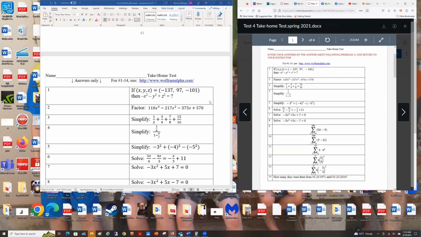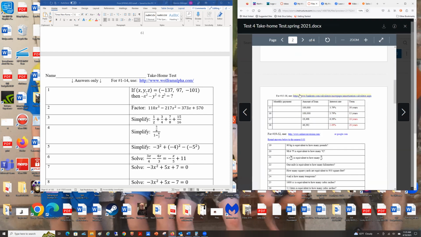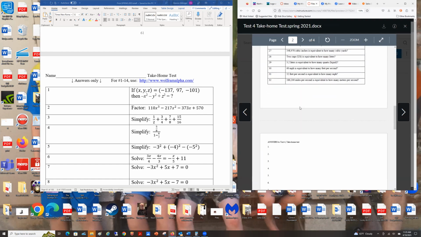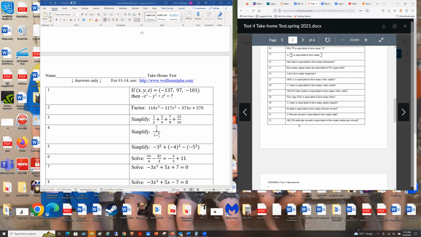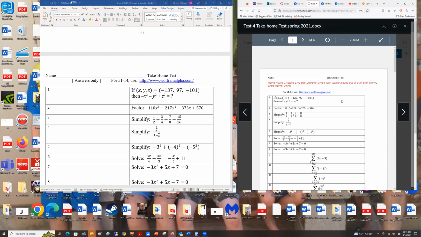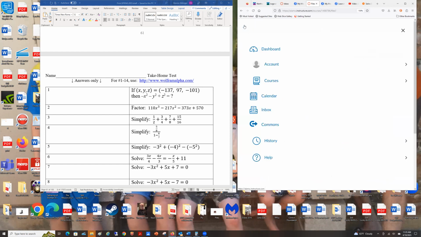It's a little different, doesn't have all that room for the answers, and here's why. I'm going to talk about the rest of them, problems 15 to 32, on Thursday. I put an answer sheet in there, a blank answer sheet. So all you have to do is make your answers, plug them in, save it to your device, and then I'm going to get out of this here. And then what? Then you're going to deposit it. Now, how do I deposit it? Well, it turns out it's going to be,